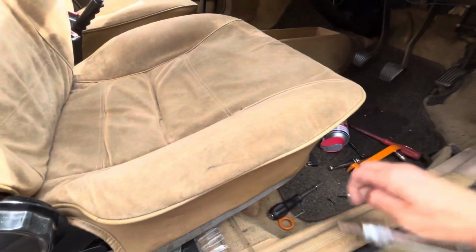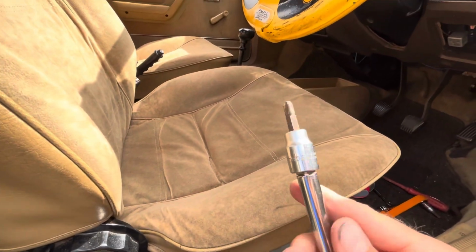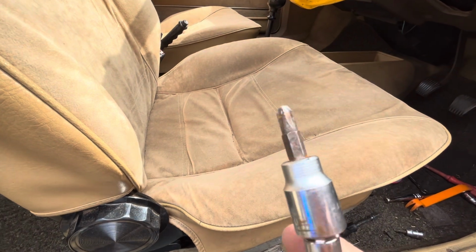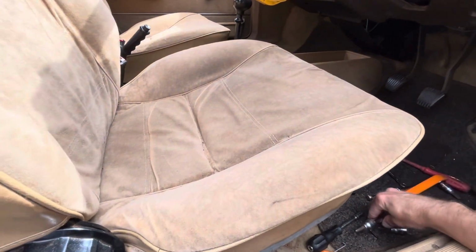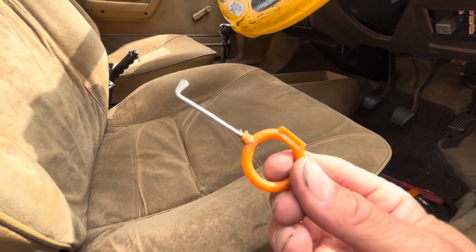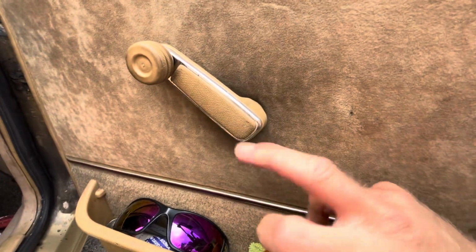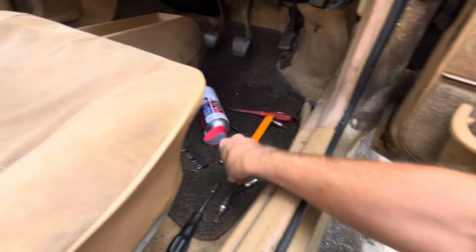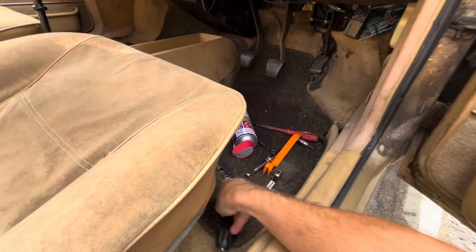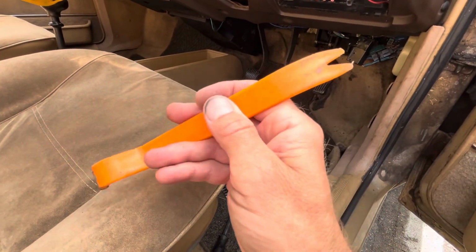You got your screwdriver bit. I've used this one, which is a number 3. It's the best one to use on the screws that hold the lock on itself. The little puller tool, like I say, absolutely ideal for doing the window winder. And then just a regular screwdriver and my little door panel release tool,